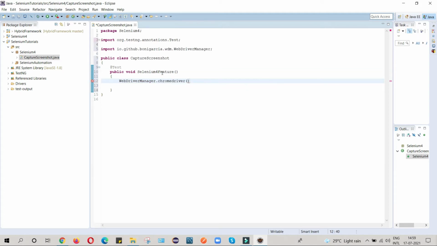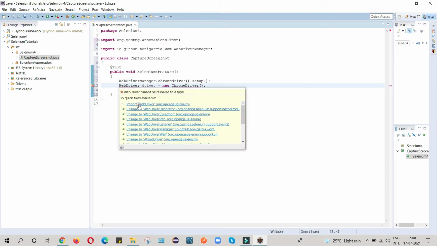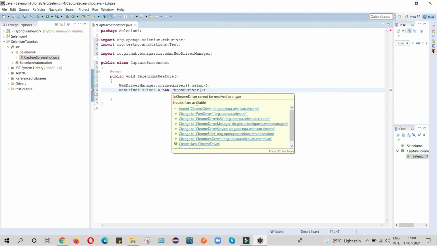So ChromeDriver dot setup, and now I will initialize WebDriver driver equals new ChromeDriver. Now I will import my WebDriver, and here I will import my ChromeDriver.